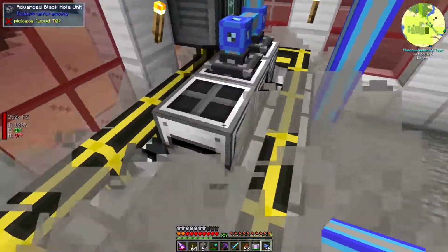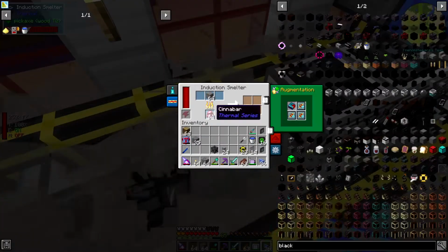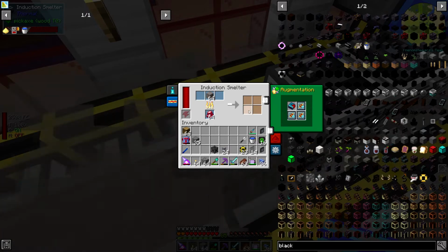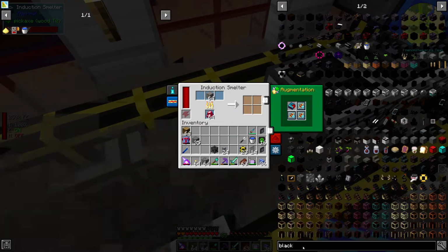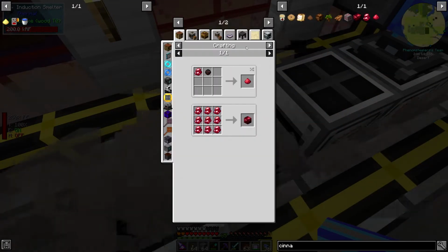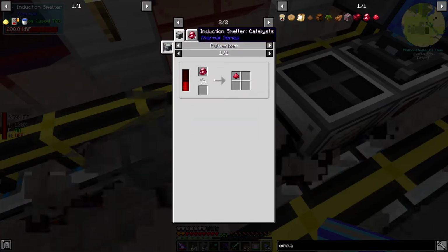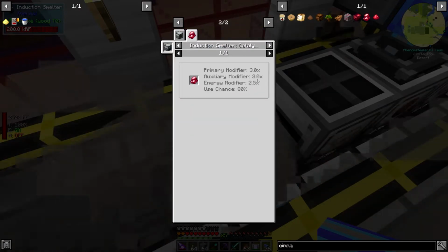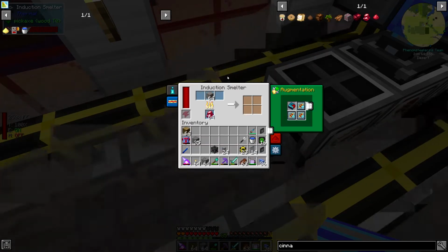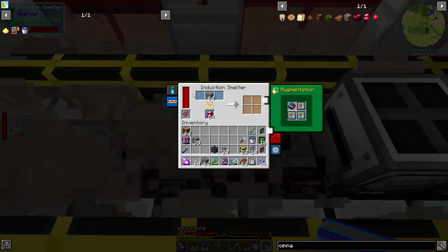I would also not want as many of the induction smelters upstairs as I do have down here, because this system produces, I think it's 20% rich slag. However, with my cinnabar, it's actually probably close to 50%, to be honest. So let's actually take a look at what the ratio is here. So auxiliary modifiers should be 3.0, so 20%. It should be approximately 60%. So I should be able to run about half as many induction smelters upstairs using rich slag to process iron